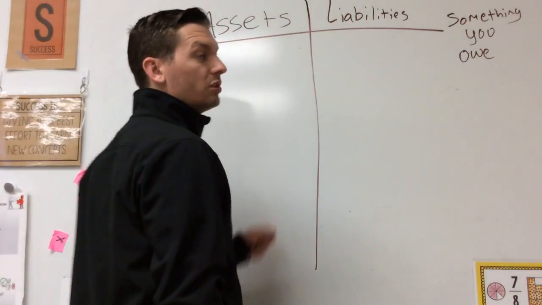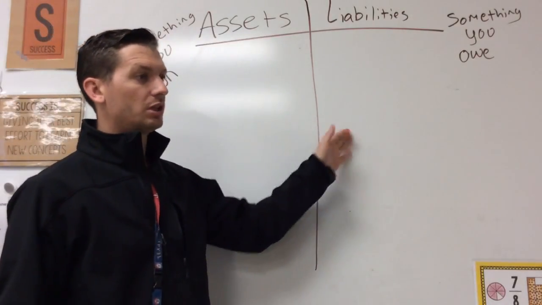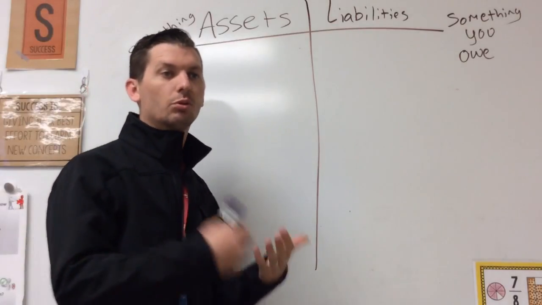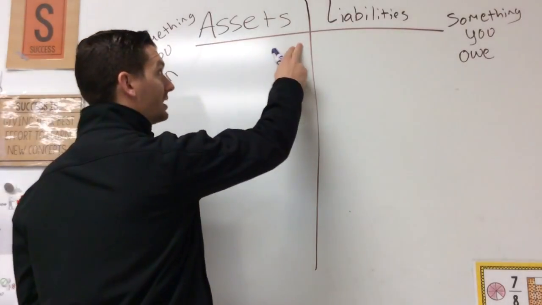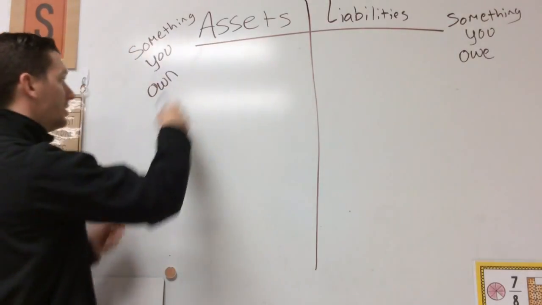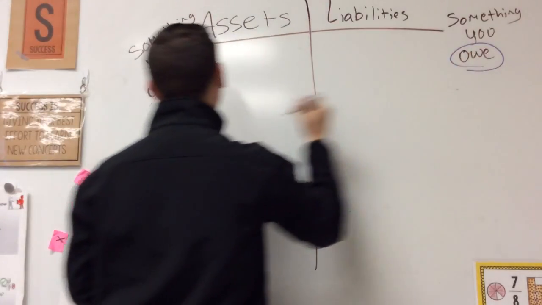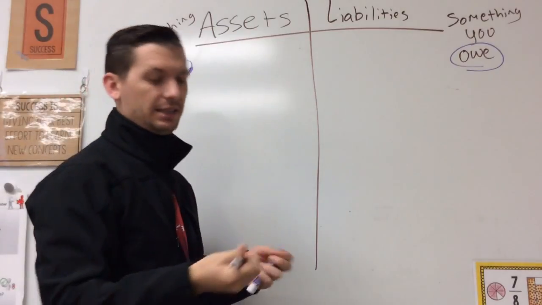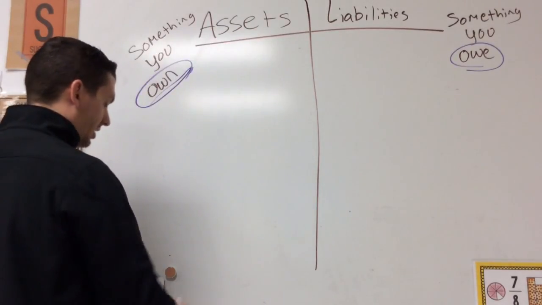So today we're going to sort some things into either assets or liabilities. What this would actually be called, if this was on a piece of paper, even if it's not really, is a balance sheet. It's going to tell us what our current balance is. There are two things we have to sort: assets and liabilities. Assets are something you own, and liabilities are something you owe. If we're going to put a bad and a good, liabilities would be something bad and assets would be something good, right? So let's start talking about just a few things.